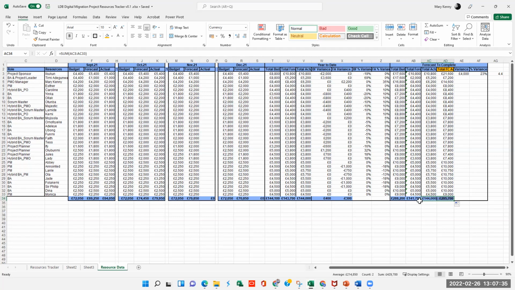So, yeah, you have your total budget. Your total budget is 288,000. Your total forecast is currently showing 141,000, and your total actual is showing 144,000. And your total forecast actual. So this is your forecast to complete. Your forecast to complete is including what you have spent, or what is the actual that has been received,